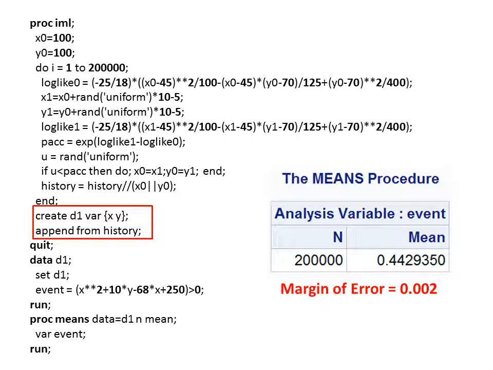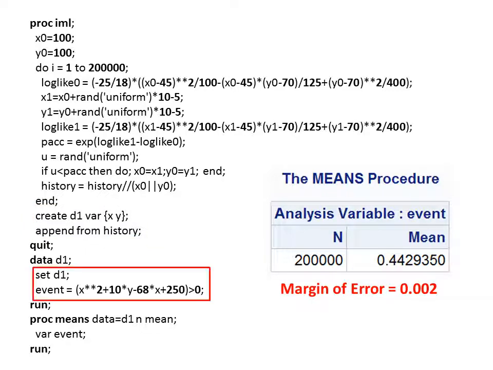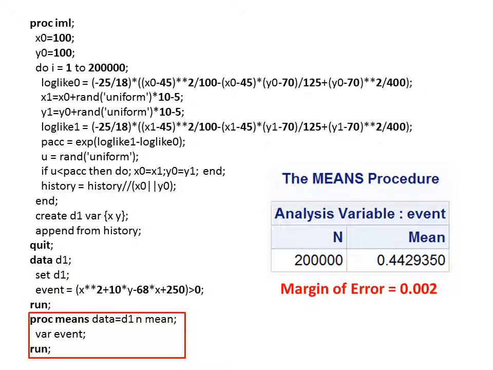We create a data set from this matrix of values. And so then we bring this into a SAS data step and create the event that is the probability event that we're trying to calculate the probability of. And this is an indicator variable, so every single time that this condition is satisfied, the event takes on the value of 1. Every other time it takes on the value of 0. And then all that remains is that we take the mean of the event variable